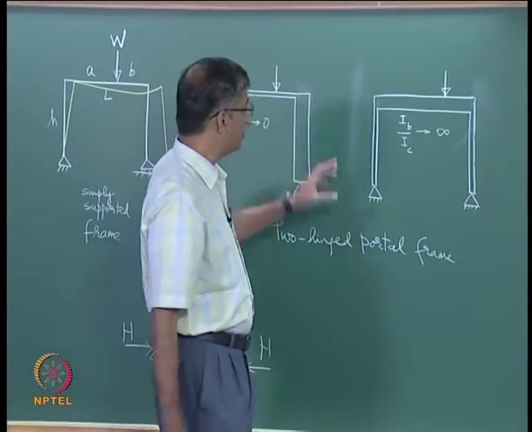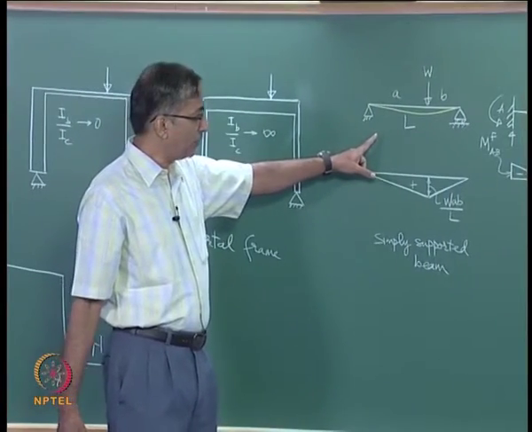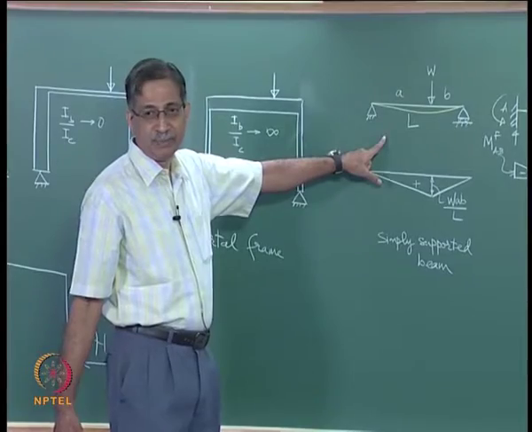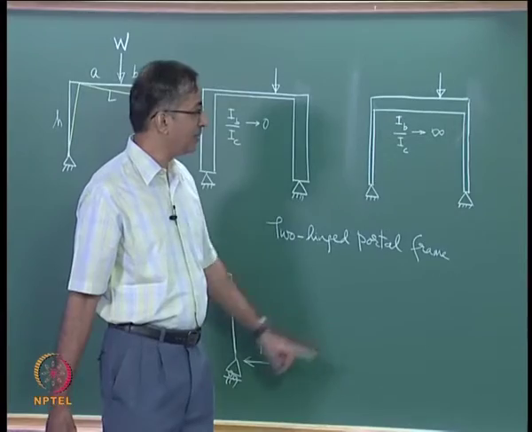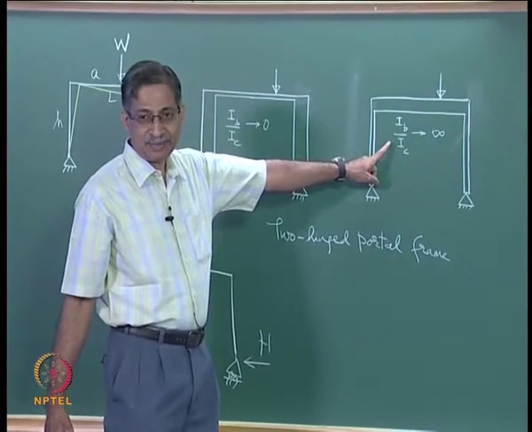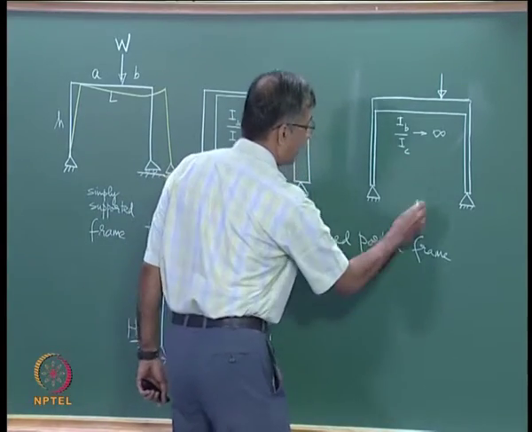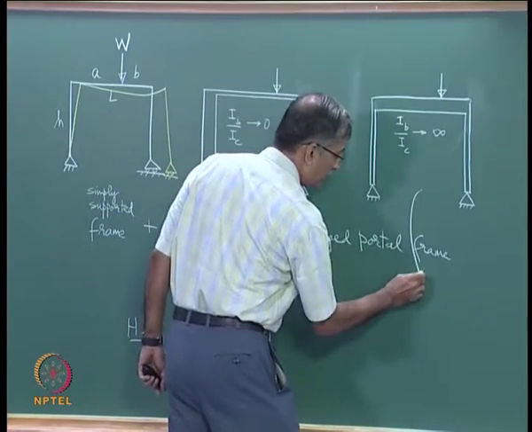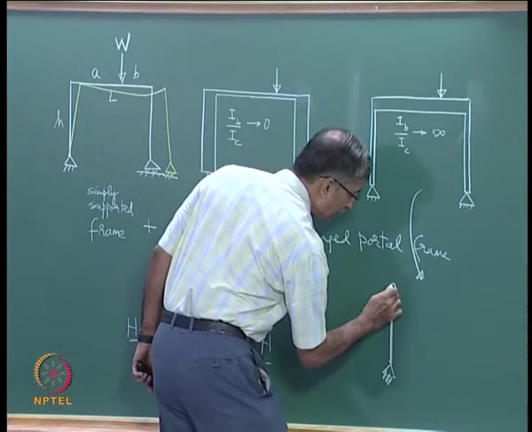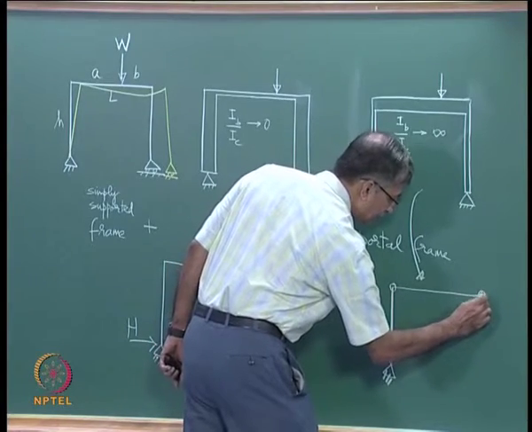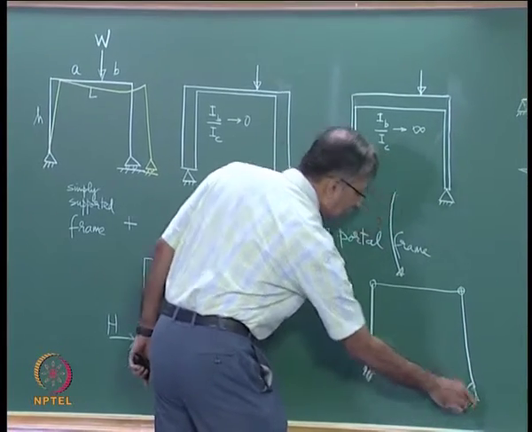Similarly, if you were to just isolate the beam part, one extreme is a simply supported beam. When would you have this condition? When you have this condition, right, with an important difference, because if this is really true, it would degenerate to a beam with a hinge there, right. What is the problem with this?